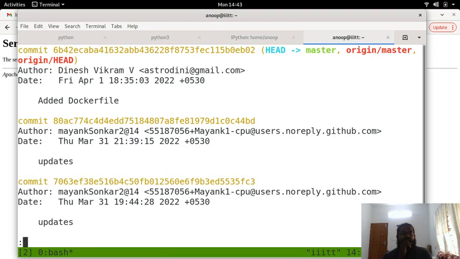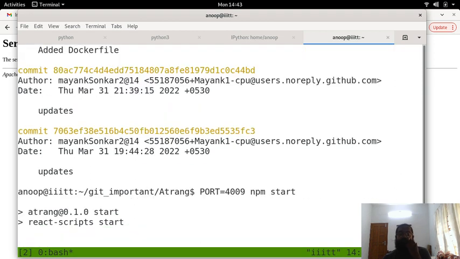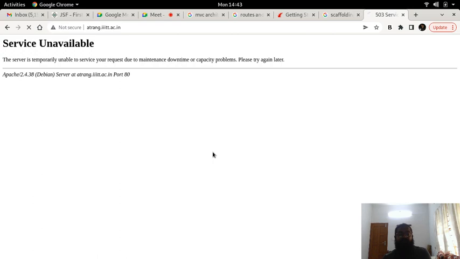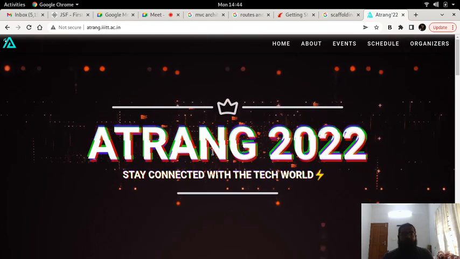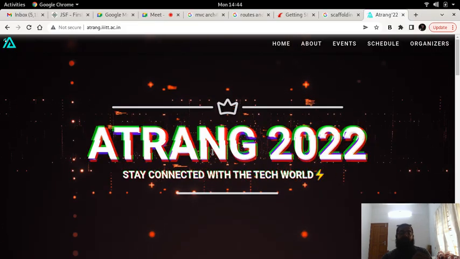the git log, okay. You can see that the Athrang, once Mayank has given me the code, it took me some time, because we were running an older version of npm and an older version of node, and when we went for the updates at that point in time it did not work, and then to start the project in a different port, we were unable to do that. So this would now run the server, okay, and Ethereum is back online. But this was not getting ready at that time.